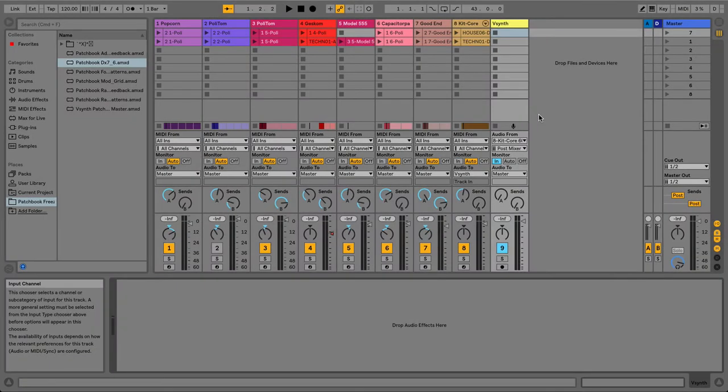Hello everyone, this is a little demo of the Patchbook, a Max for Live device that allows you to load your own Vsynth patches inside your live set. So let's get started. In an empty track or in a track receiving the bass drum, for instance, you're going